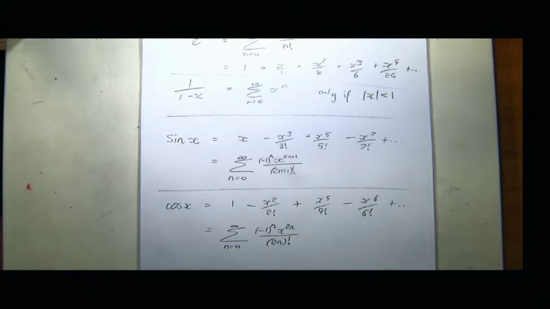It means that you can find Maclaurin series and Taylor series for other stuff by just being a little bit fancy. So I can, for example, find, just as an example,